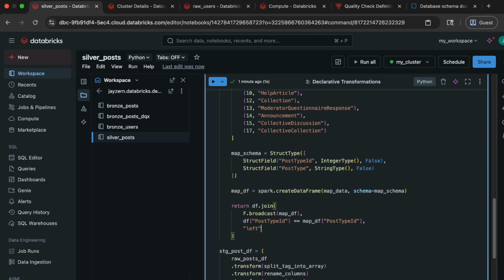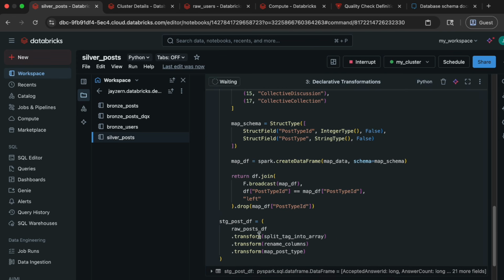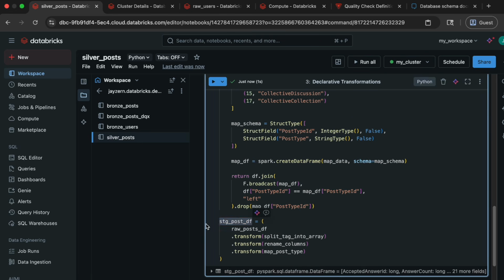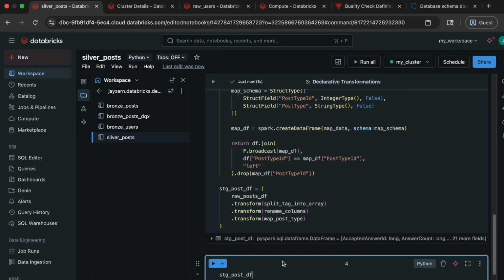We'll do a left join. Then we'll drop the map df post type id. Okay, let's run this. And let's just check the first few rows. So let's display